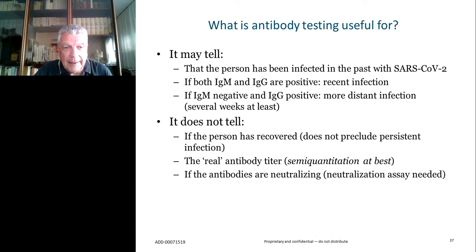And at the same time, as we have seen before, we have binding antibody assays. We cannot tell right away, with any kind of serology you have available now, if the antibodies are really neutralizing. You need a specific neutralization assay to be performed. We may anticipate that this will not last for a long time. Eventually, we will also have assays that will detect specifically the neutralizing antibodies, but not now.